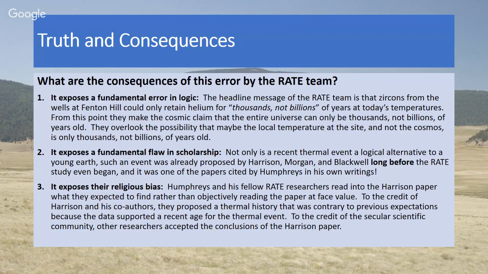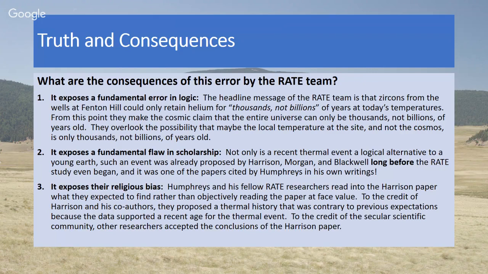And had they understood that paper, they would have realized that this was a very bad site to select for testing a young Earth hypothesis. It was a poor selection of sites, because how do you separate this as evidence for a 6,000-year-old Earth when some other researchers say it's a 20,000-year-old heating event? Hard to separate those two. And what makes it even worse, they had cited this paper and they had completely overlooked its implications.